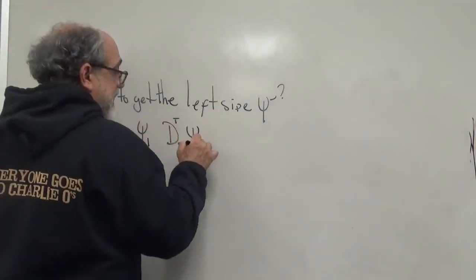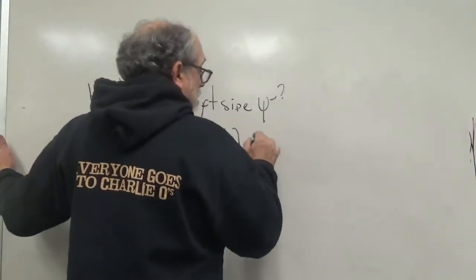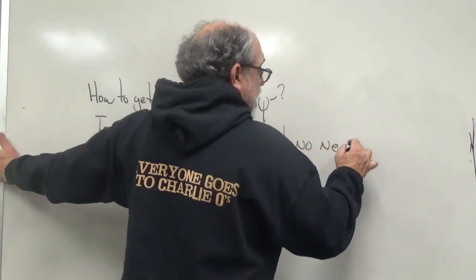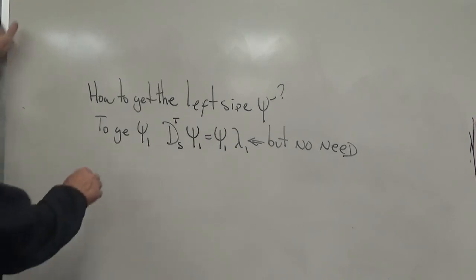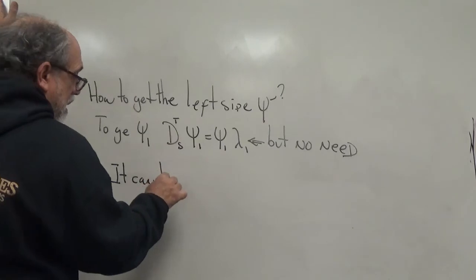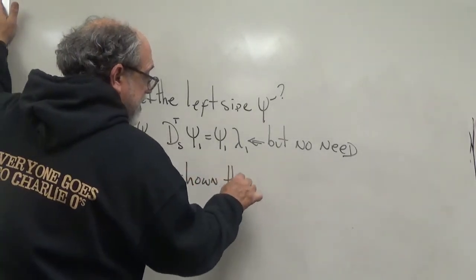Because then I can say that that times phi 1 is phi 1 times lambda 1. But no need. Okay? There is no need. Why there is no need? Because it can be shown that